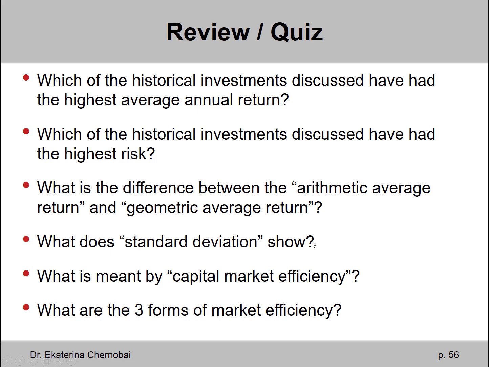Semi-strong form means that the information incorporated in stock prices is past information and current publicly available information. And strong form market efficiency means past information plus currently available public information plus any information about the future, which is technically something that should not be happening. Otherwise, it's called